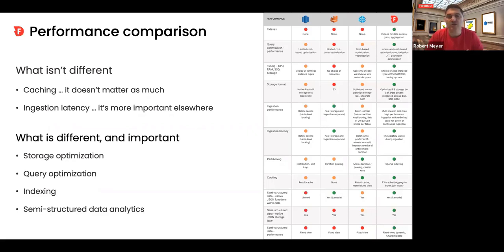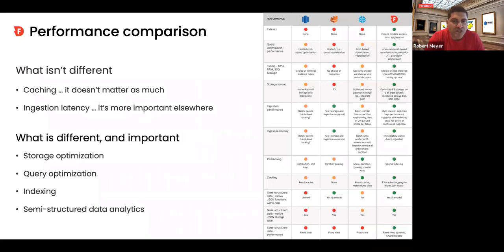What you don't necessarily need to spend so much time on is caching. To some extent, caching is already there. Every modern decoupled compute architecture for data warehouses anyway has a local cache. You pull the data from remote storage into the local storage of the compute, which is usually SSD, and you run it from there.